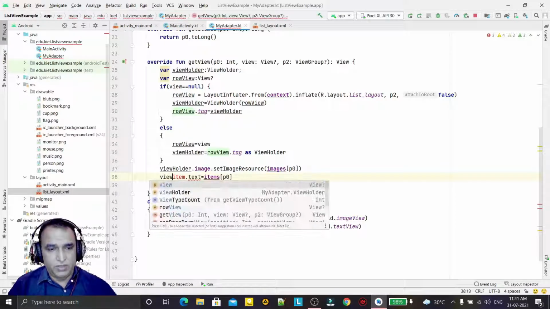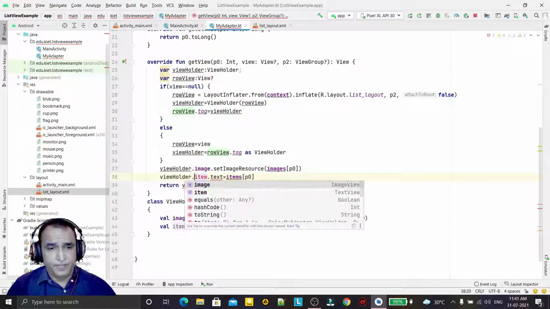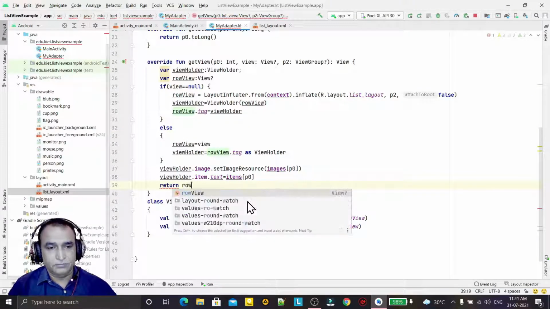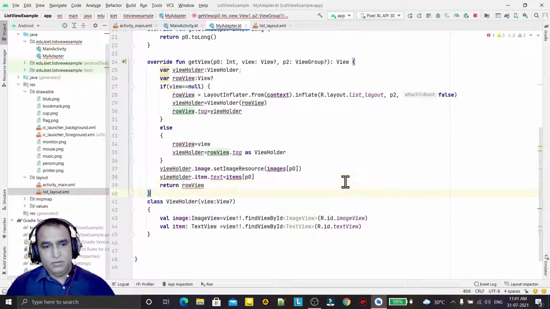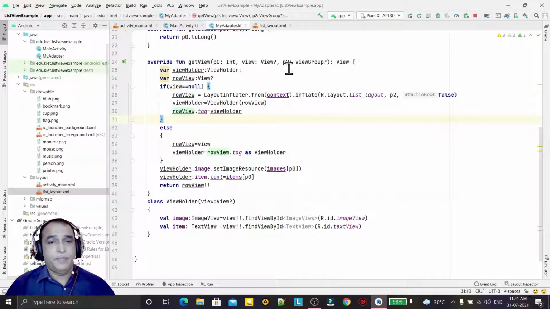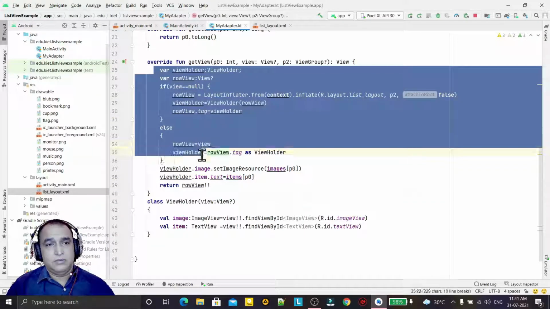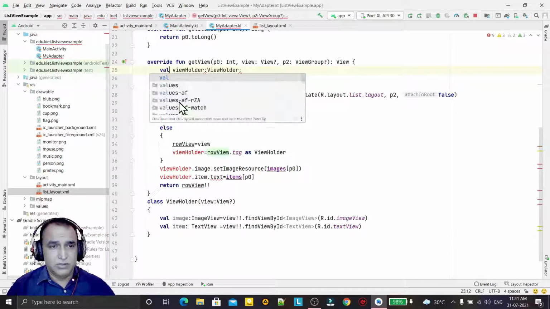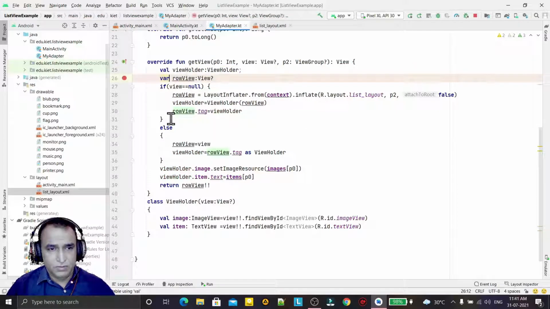So here I am just passing view holder. Done. Initialization has been done, and in place of view I will pass the row view. Row view, and here I have to set the tag this way. You see, done here, and it is saying it should be val, so we can convert into val also, no problem. Just a constant.